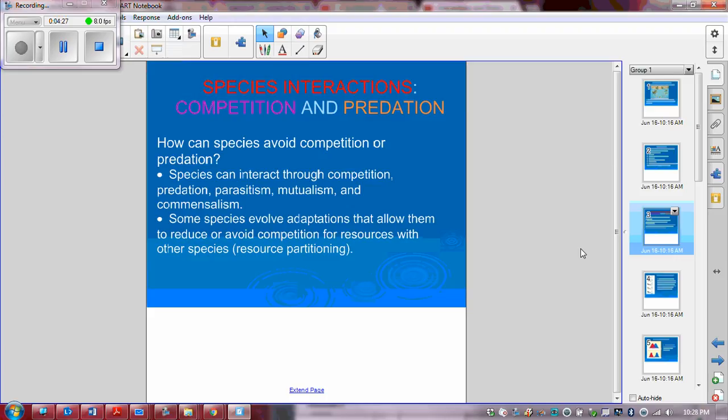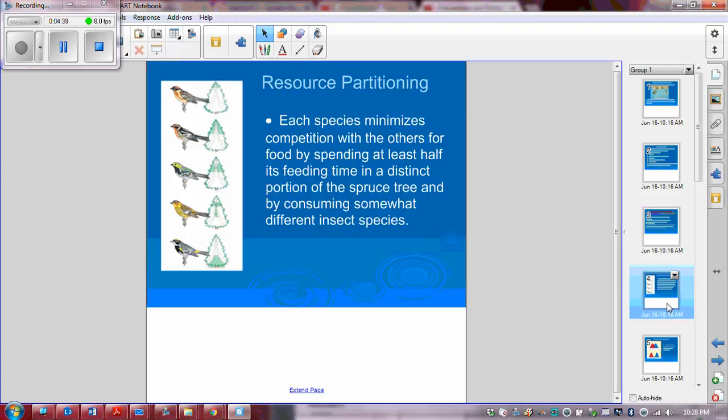So we have some species that have these adaptations, so they are reducing that competition because they only use part of the resource. And that's what resource partitioning is. And this is an example of that. So we've got these different kinds of birds that might all live in the same tree, but because of what they eat, either different types of insects or different kinds of nuts or berries or something like that off of the tree, then they can actually all live in the same tree but not compete for